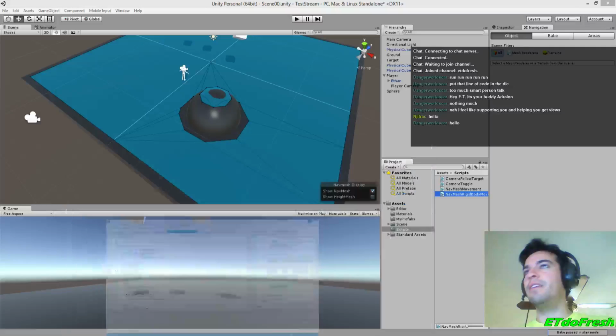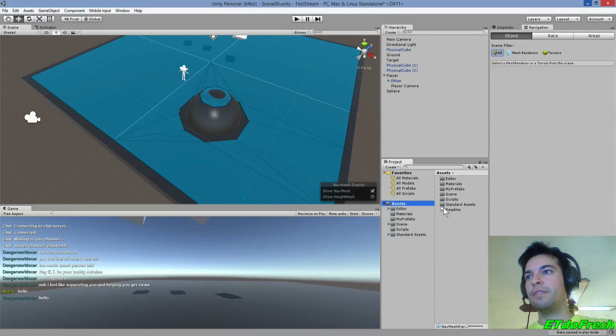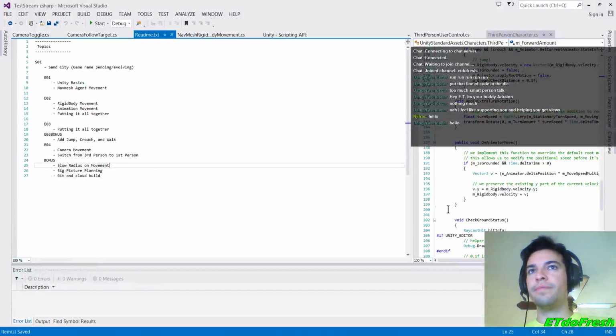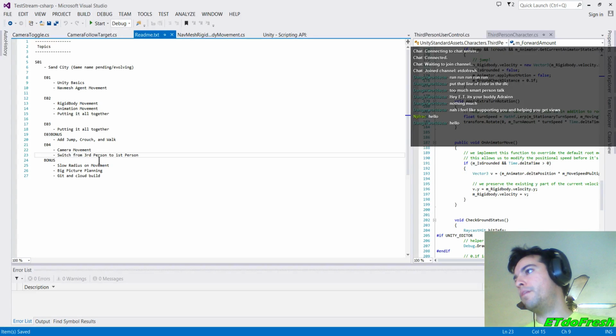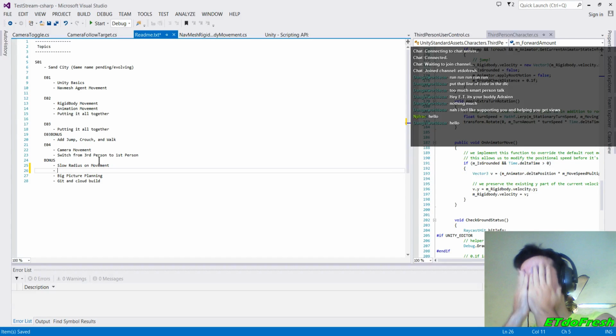Let me check out the documents I have left. So, we went over camera movement. We have a switch from third person to first person. Oh yeah, see, I wanted to do the slow radius movement too. That was another thing I wanted to do. Alright,